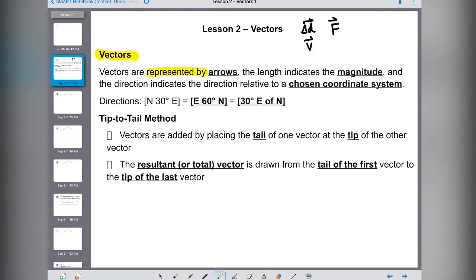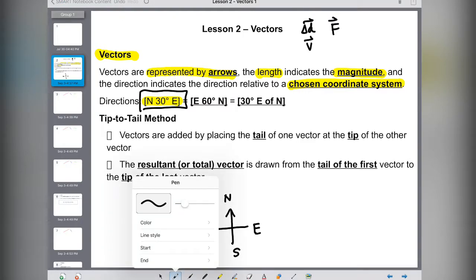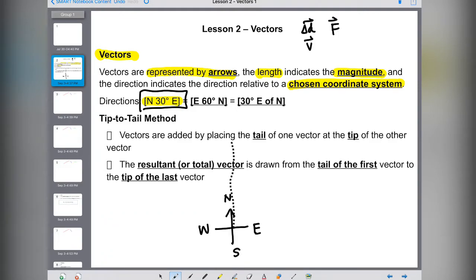So first of all, vectors are always represented by arrows. And we have the length, which is considered to be the magnitude, say, for example, 5 meters. That's the length. And then for the direction, we use a specially chosen coordinate system, say, for example, north 30 degrees east. Usually what this means is, if I have coordinates and we assume north, east, south, and west in the common way that we write it, and we say north 30 degrees east, what it means is starting from the north direction,